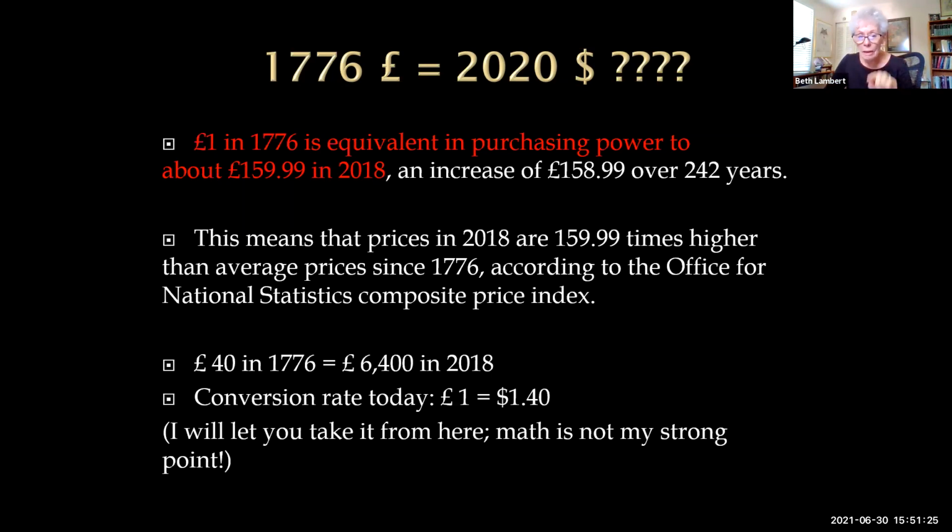40 pounds in 1776 equals today 6,000 pounds. Now, the conversion rate today, when I looked it up a couple days ago, is $1.40 for 1 pound. And then, as I said, I'll let you take it from here. Keep in mind that